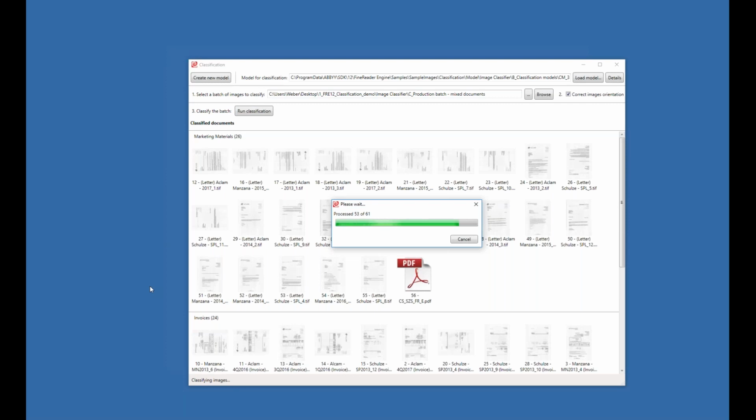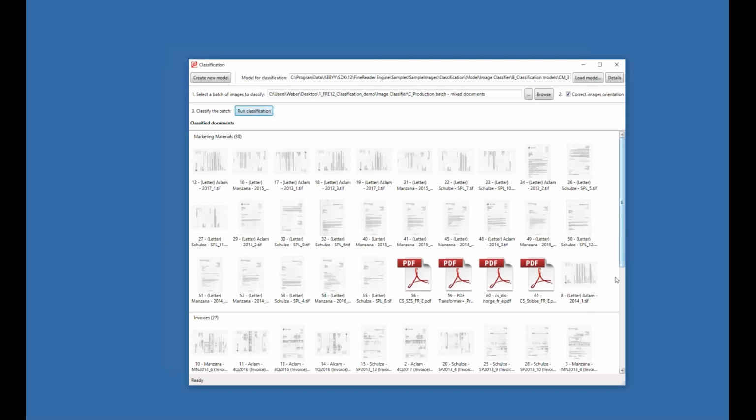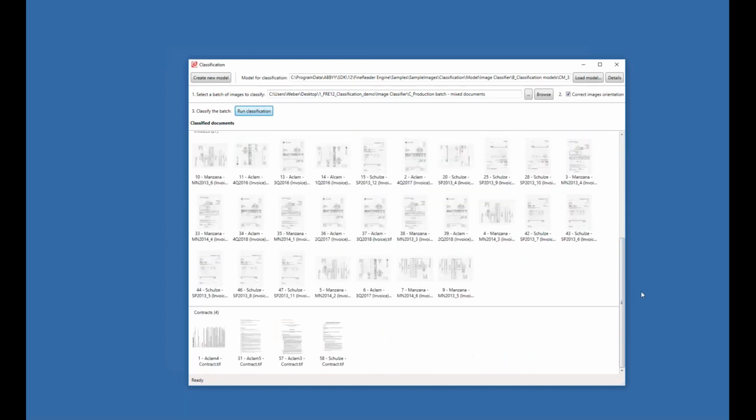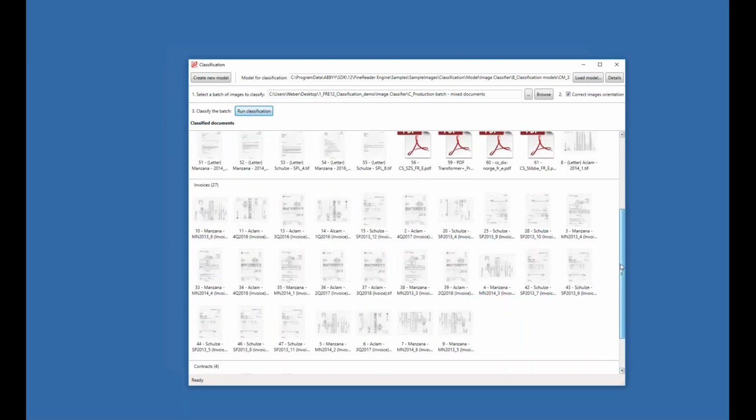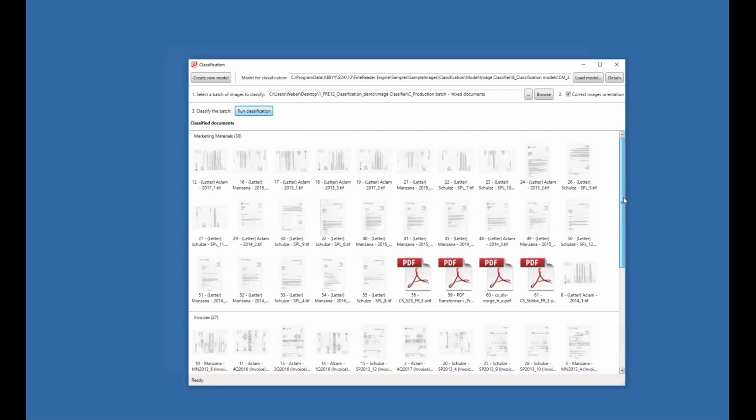So you can see the classification is almost done. In the marketing materials, this is the first category. We see all the letters, but as well the visually very different PDF documents were added into this category. Why? Because we told the classification model, please put letters and the marketing brochures into one category. So again, the last document is coming. And we have 4 contracts, we have invoices, and we have the marketing materials, letters, and the 4